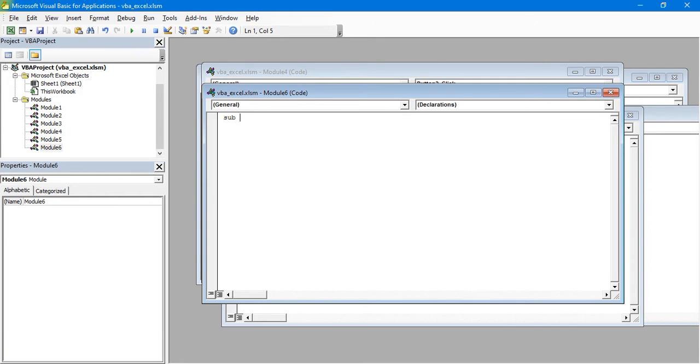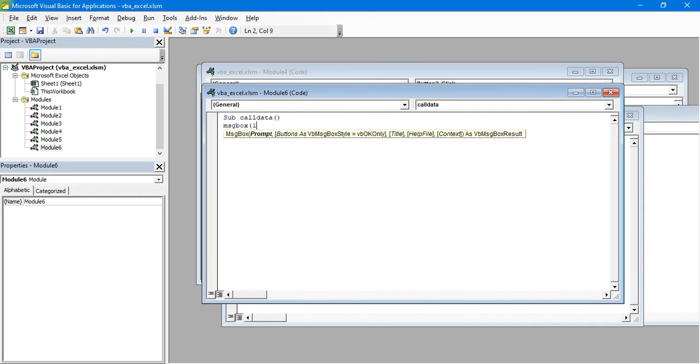Let us write sub. The name of the function can be anything that we give it. So if I write call data as the name of the function, then let me type message box, and in the message box I mention the column number and row number, so that it can understand from which column and which row it has to read.